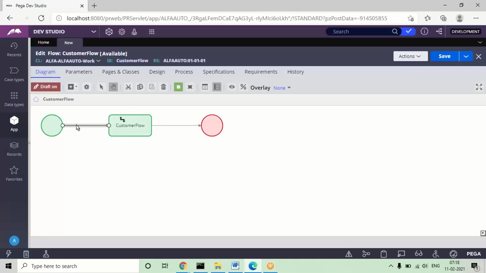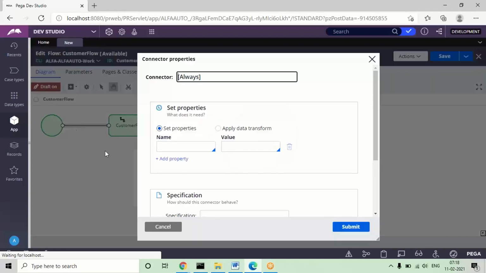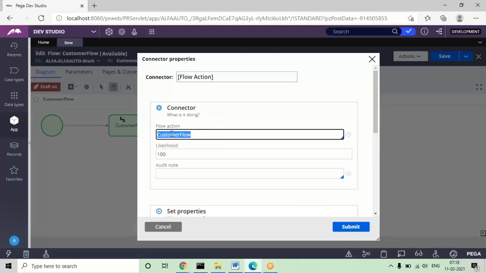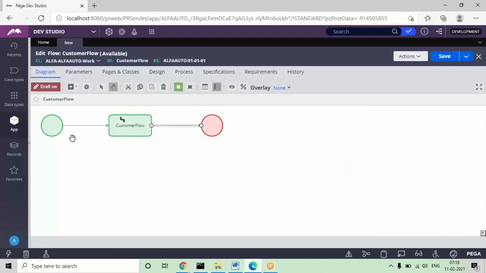Okay, so if you open this connector, the start shape connector, it will have some options. And if you open this connector, which is the forward connector for assignment, there are options where we need to provide the flagship name. This is the label given for the flow, but in the drop down we need to give it exactly. So here the connector looks the same, the purpose is to join the shapes, but the connector settings will be different for every shape. For the start shape connector, there is no need to give any parameters, but in the assignment connector we need to provide the flagship name.